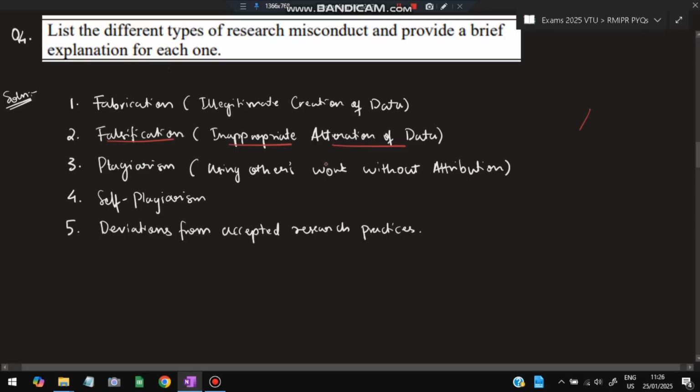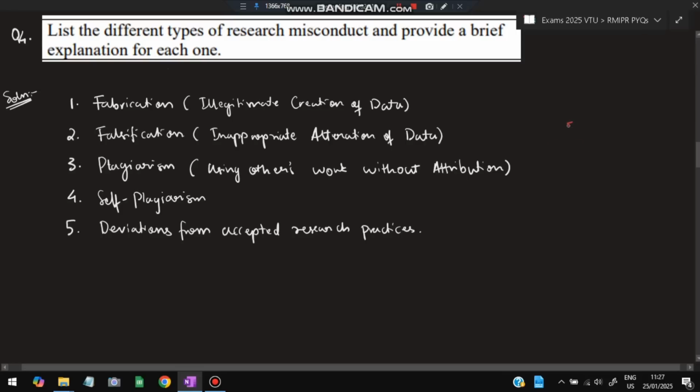So an example of falsification is adjusting the experimental results. Some experiment results have come, such as suppose the temperature result was 50 degrees. But what I did is I made it 30 degrees. Why? Because there was another observation that if it is 30 degrees at this temperature, there can be another conclusion. It can appear that a reaction occurred when it did not occur. You get my point, right?